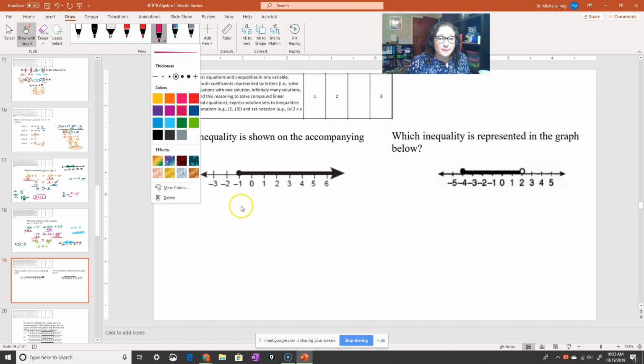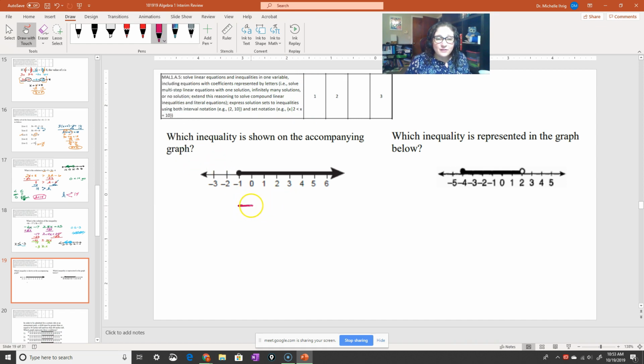Let's see. Okay, first of all, I know I've got negative 1. Then I know I've got x. So remember, my hint is I put 0 in for x. 0 is colored in. So I say, is 0 bigger than negative 1? Yes, it's bigger than negative 1. So that means I write it like that. That's it. So because this is closed, I have my line here. Because 0 is bigger than negative 1, I know it's got to open towards 0. That's it. Here we've got a bound.